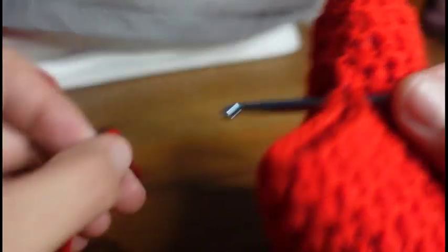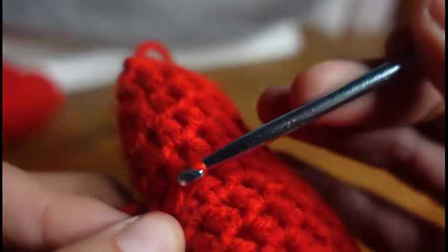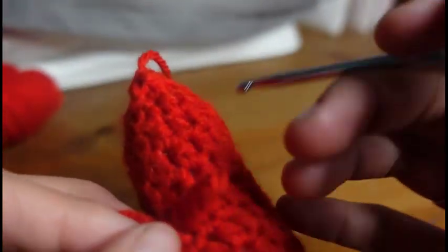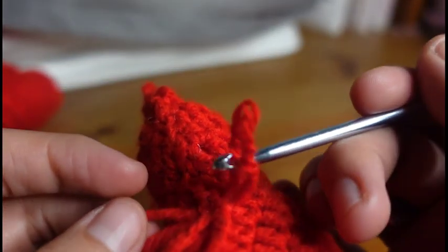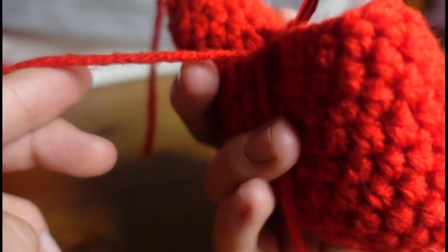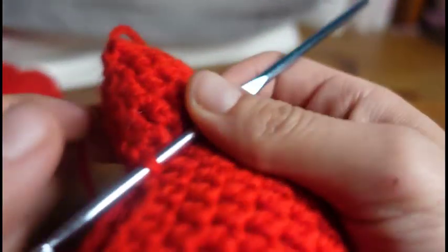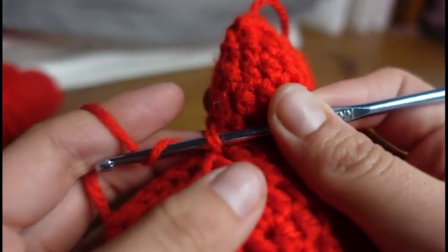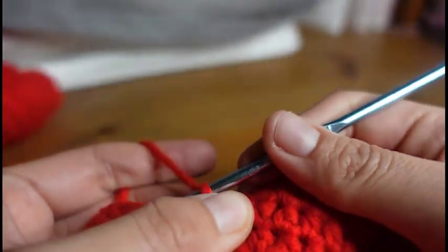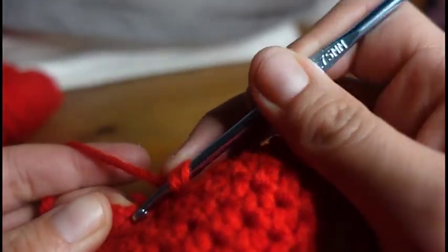And you're going to take your yarn and you're just going to pull your yarn through there like that. Just like that. And then get used to using your other fingers. So here I'm just going to use my pinky and my ring finger to hold the other side of the yarn. And I'm going to go ahead and chain up. And I'm going to just put a single crochet in every